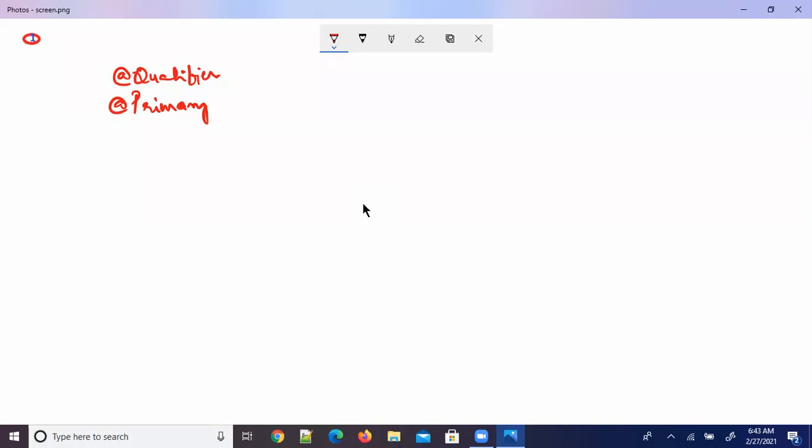Just by taking a small example to understand this, first I'll talk about primary, then I'll talk about qualifier. I'm writing a sample code to understand qualifier and primary. In an application, we sometimes use both of them, qualifier and primary.